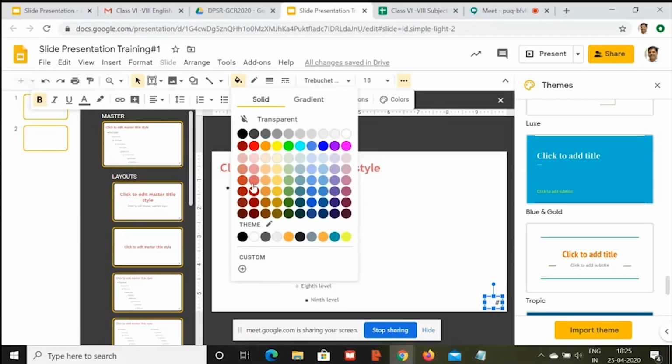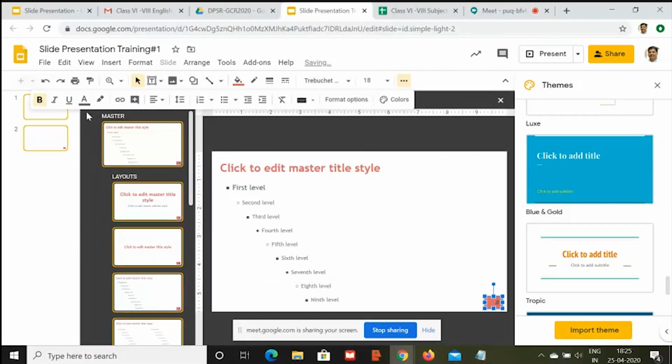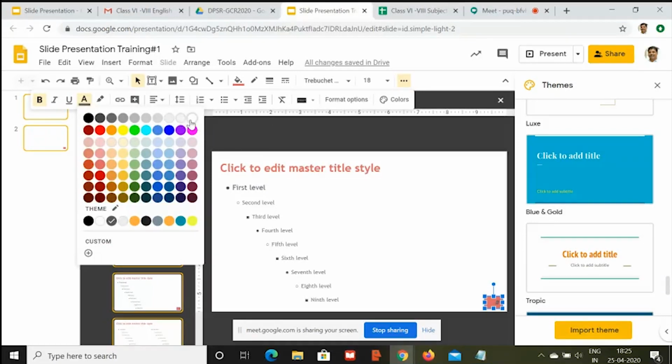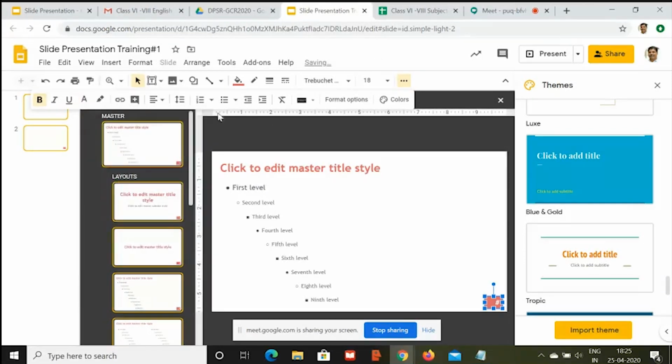as the color in the heading. So let's make use of the same color so that it will match with the heading, and then change the color of the text to white so that it will appear over there, and then make it center. So what all activities we did with the page number, slide number area: we selected it, then we changed the font, changed the size, changed it to bold, and then made the color settings match with the layout, right? So in the layout, we are keeping the heading as red.